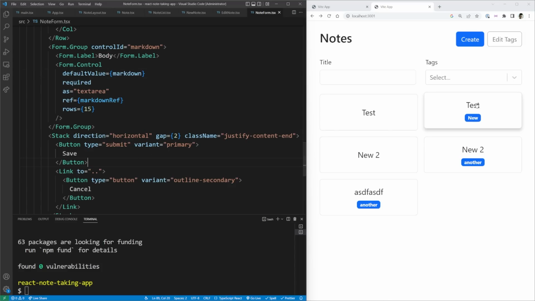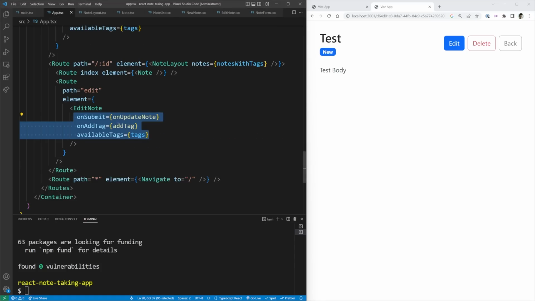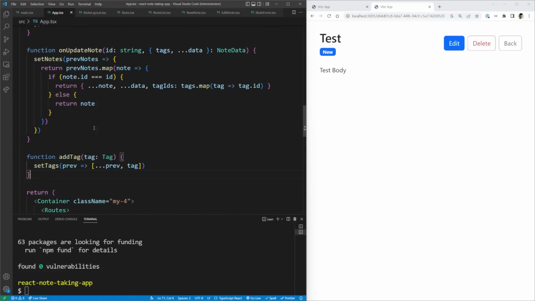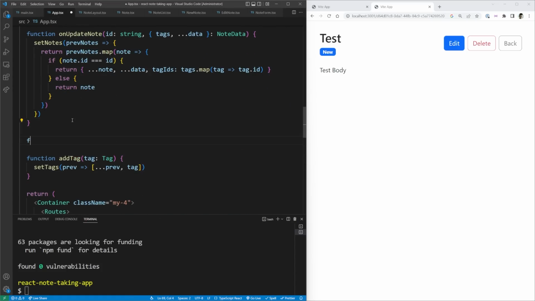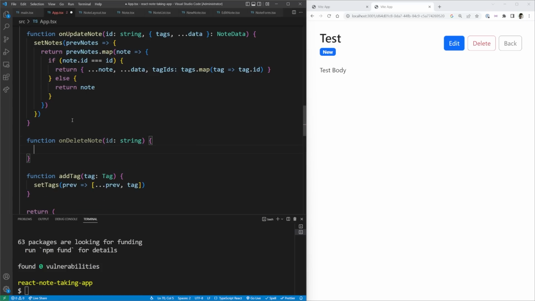Now, if we go back to our page for our show, you can see that everything's working except for this delete button. So let's implement the delete button. We need to create a function for handling delete. So we'll just come up here, function on delete note. It's going to take in a string for the note we want to delete. And I'm just going to take all of my notes